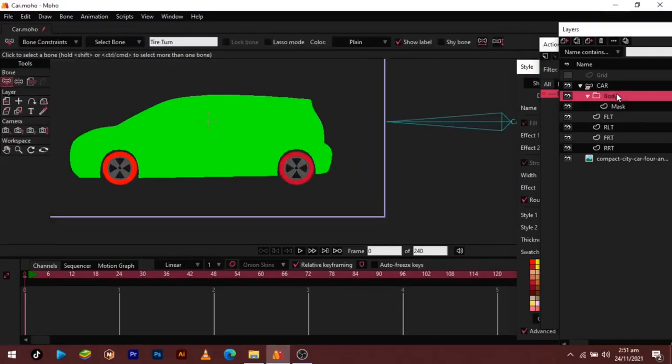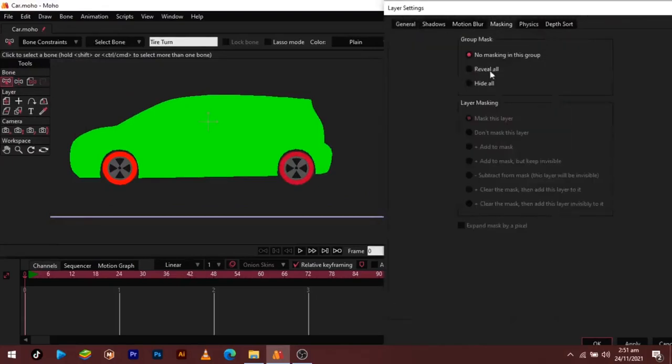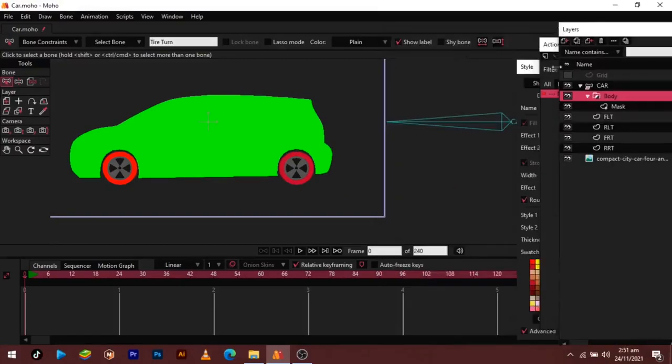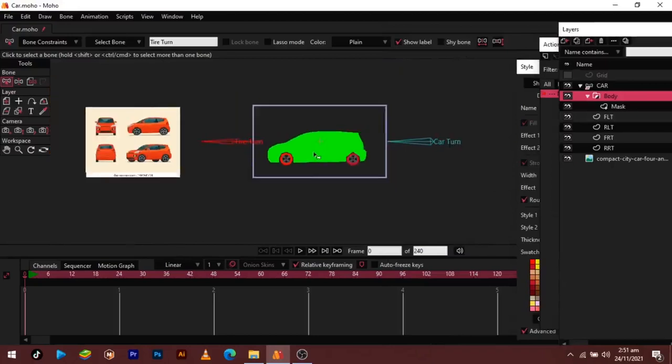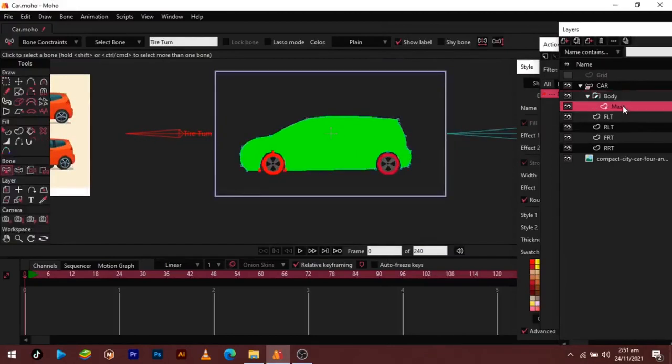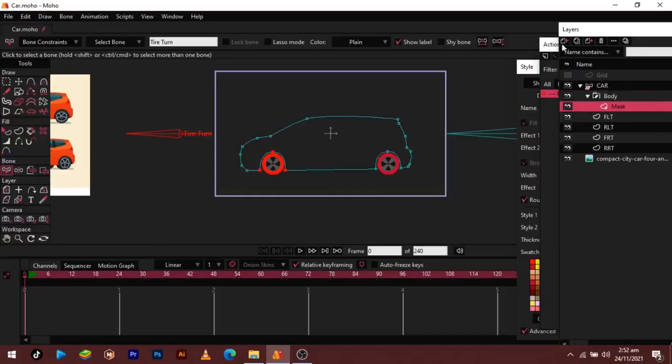Let me enable masking for the car body. So this is going to be my mask. I want it to be invisible. Add to mask but keep invisible, okay? So on this mask, I'm going to add